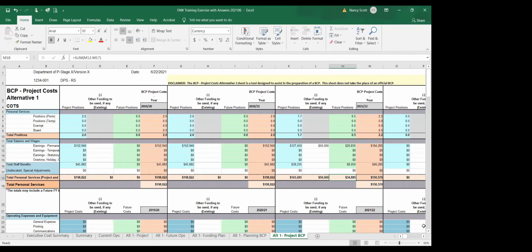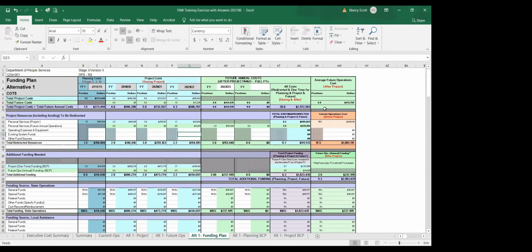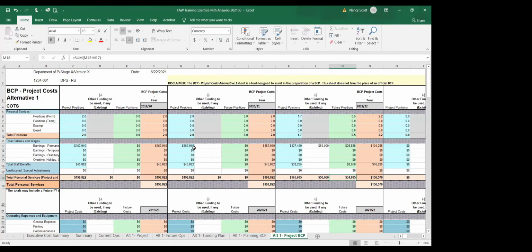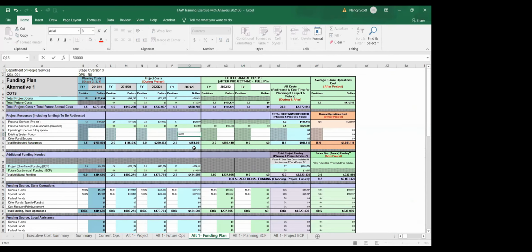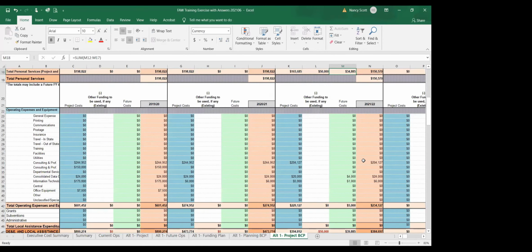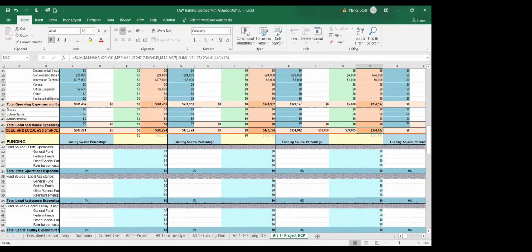you to see, oh, they're only going to request 34,885. So if that was the case, and they were using 50,000 of existing funds for 21-22, on here they could go and put in that 50,000. And the total that they need is that 384. So if we went back here, it's going to show that they need 384,697.